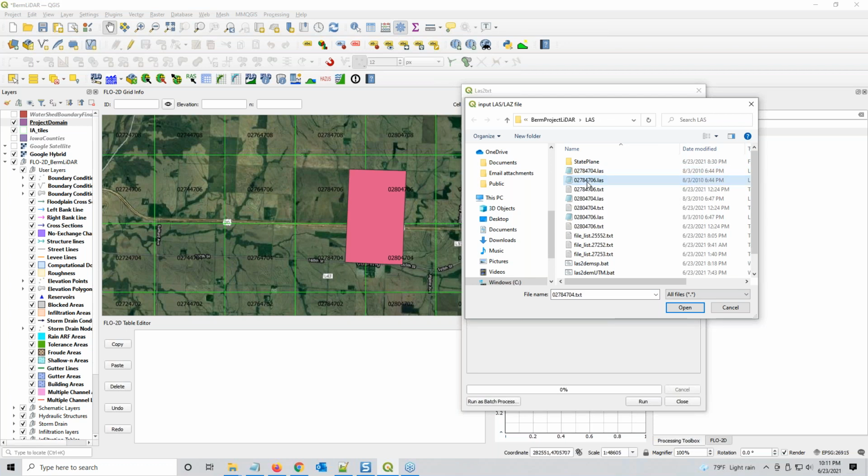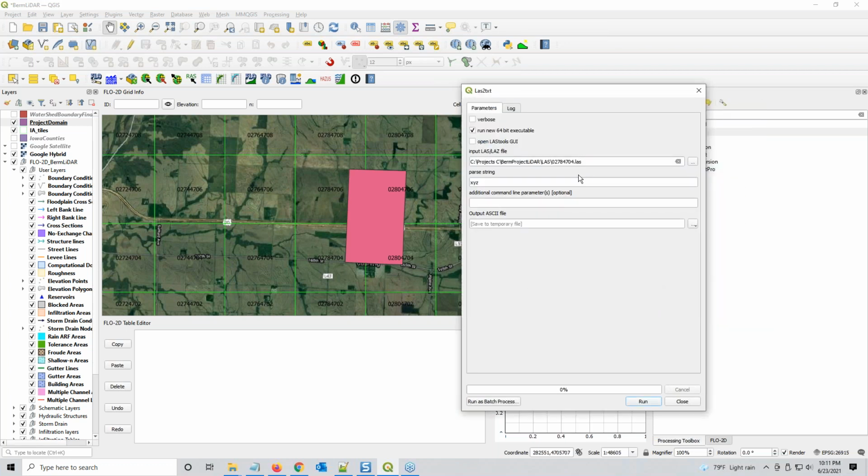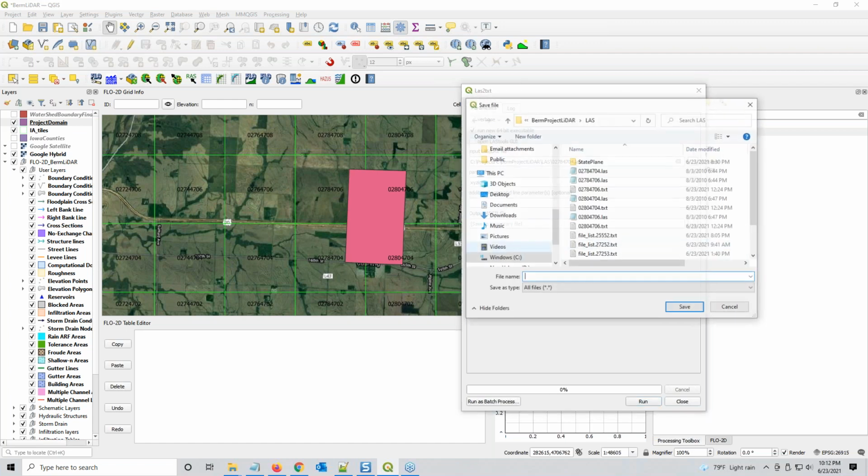So I want to delete that file right there. And parse string, let's go ahead and go with XYZ. Obviously, that's what we want, but let's go ahead and add intensity and class here. And line parameters, no, don't want anything there. Now let's save that to the output file, and we will just choose this one, 704, but take that off